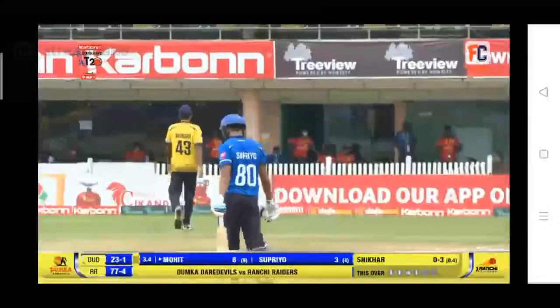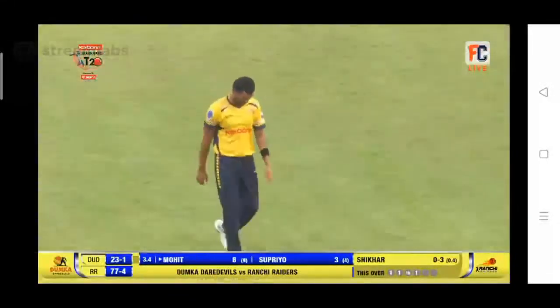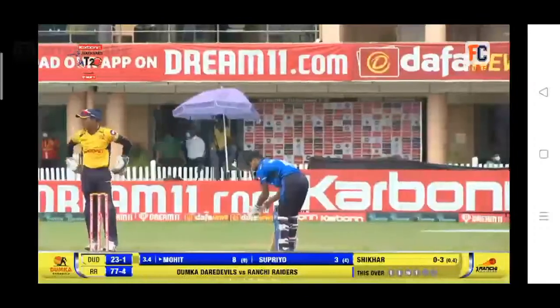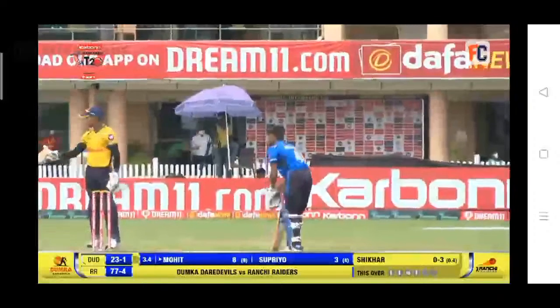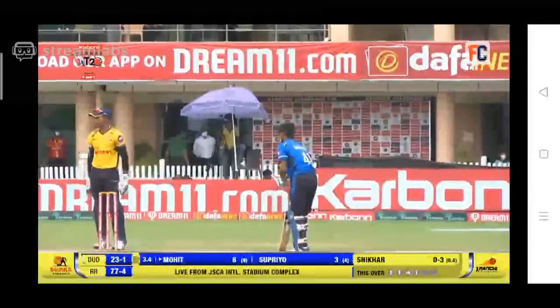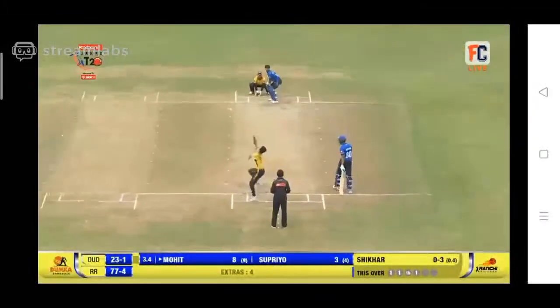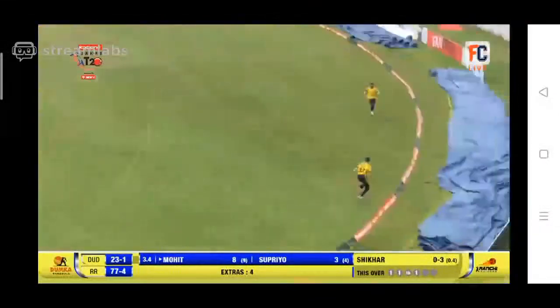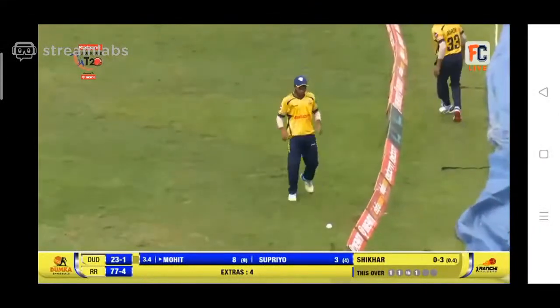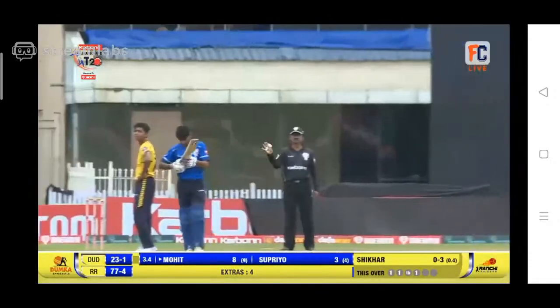Coming off the Dumka bat is singles or maybe just a boundary so far, which might put them in difficulties, because this is already the 4th over going on in this innings, and just after this over we will be left with 4 overs in the innings, and scoring at 12 or 13 runs. He wanted to go for a shot there. Has he cleared the boundary ropes? Yes, it's a 4.